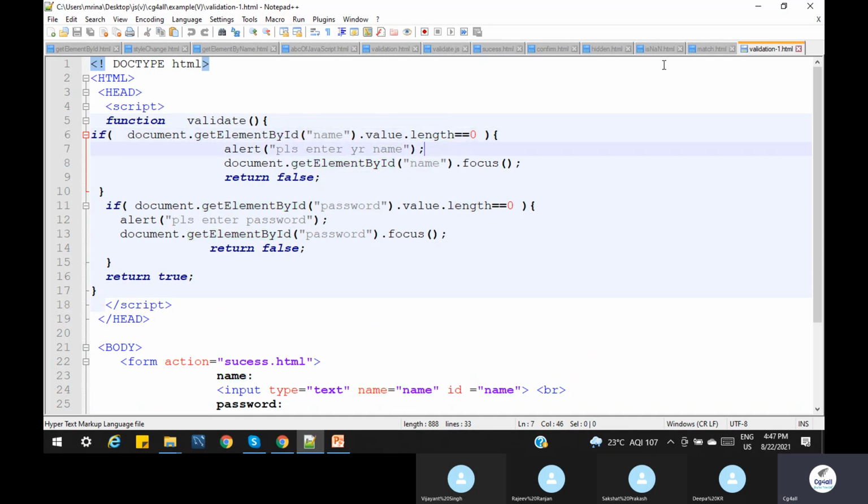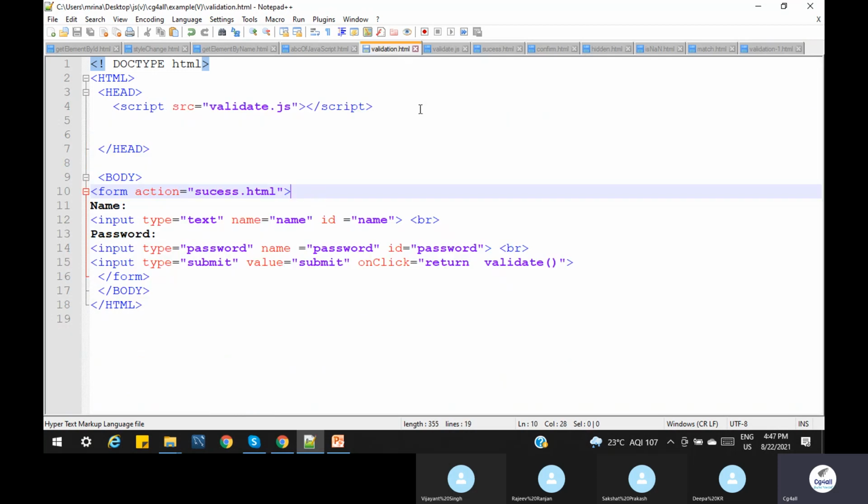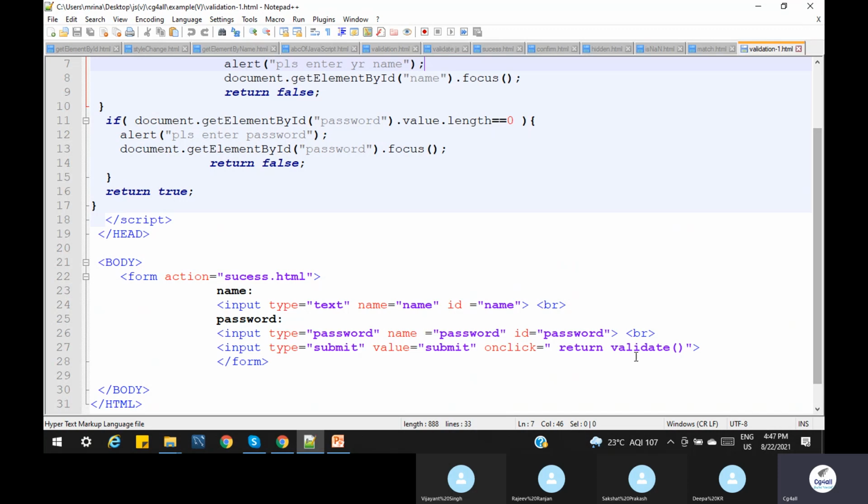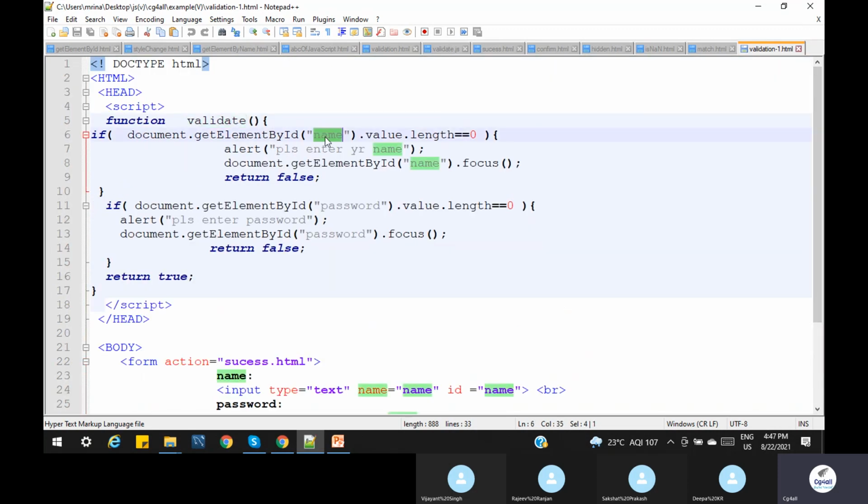You try that. Or I already showed you document.forms[0]. So both ways we can use. Let me explain once again. Clicking on validate goes to the validate function. First it checks the name. document.getElementById, the ID is name only. It takes the name's value length.